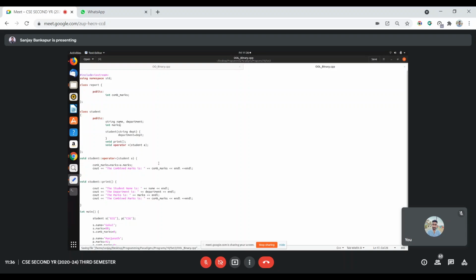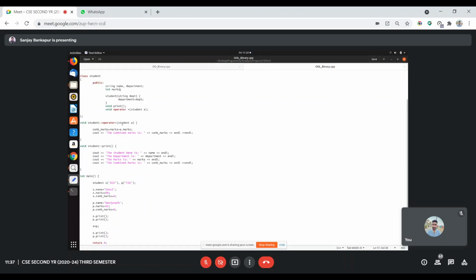By adding this extra logic, students can realize how easy it is to mimic real world concepts through the object-oriented programming style. So I removed the combined marks from there and added it here. Now, anything to add extra?